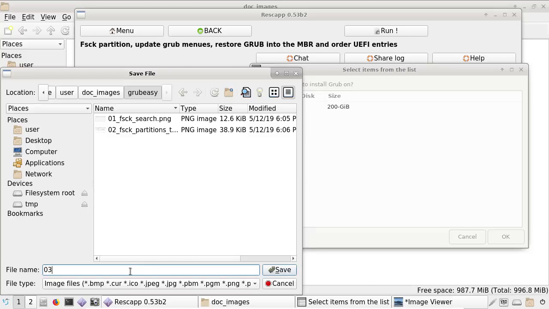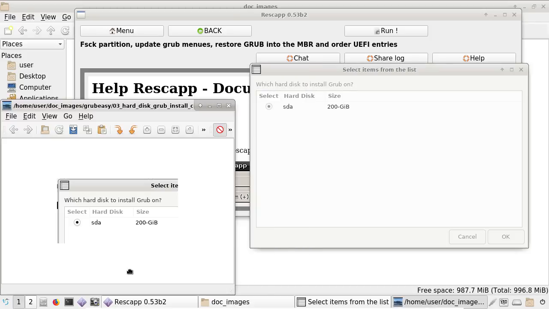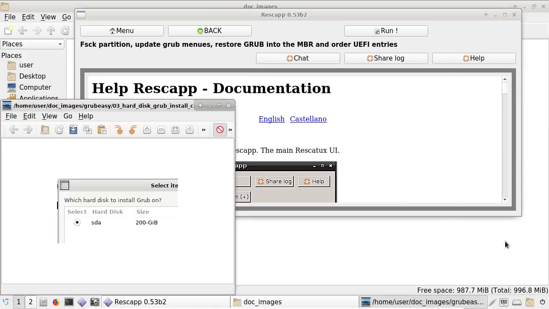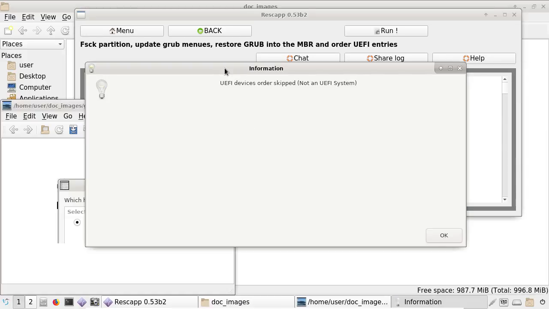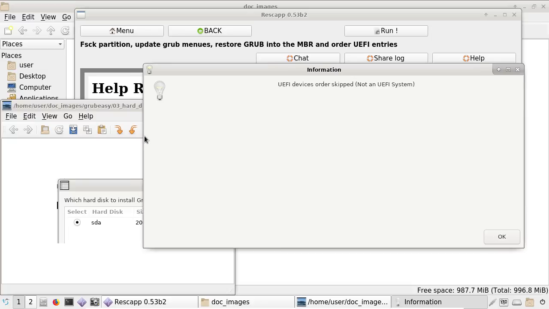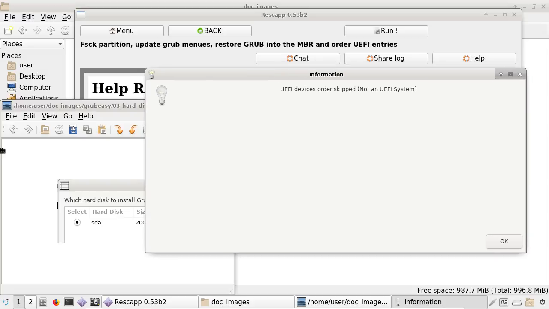So this is the one about how this group install choose PNG. Okay, so we choose the first one. Then you've got the UEFI stuff, which we might try to. You know, there's a documentation about